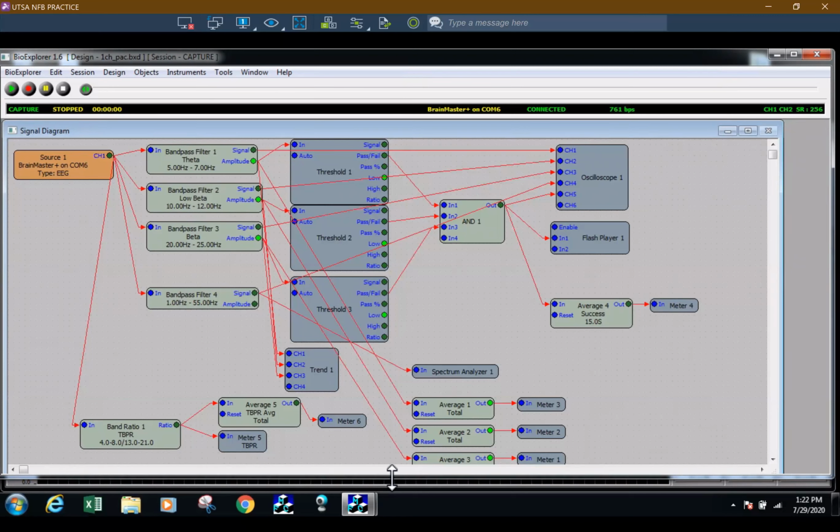So for the purposes of this video, I'm going to show you just a brief overview of some common things you might be looking at when creating a design. So the first thing you want to do is, for a new client, you're going to get your protocol, and they're going to have different frequency bands for training. So let's say my protocol given to me by Dr. Jones is eyes closed training,